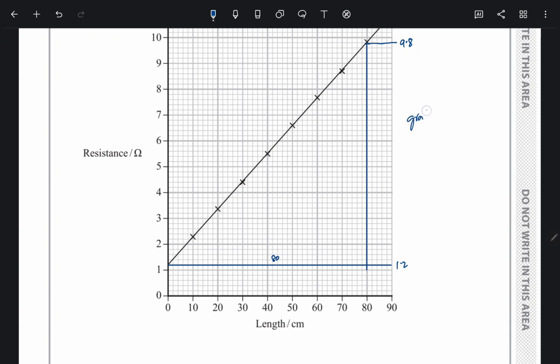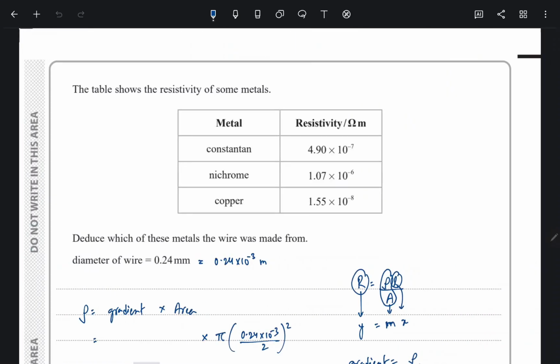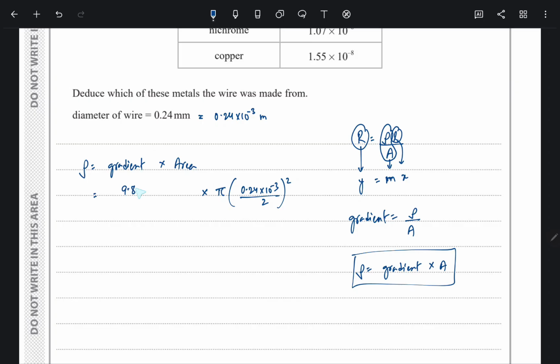So the gradient is going to be 9.8 minus 1.2, that's the height of the triangle, divided by the base, which is 80. The base is given in centimeters, so I want to convert this to meters, so multiply by 10 to the power minus 2. So the gradient is 9.8 minus 1.2 divided by 80 times 10 to the power minus 2. And if we insert this entire thing in the calculator, we will get